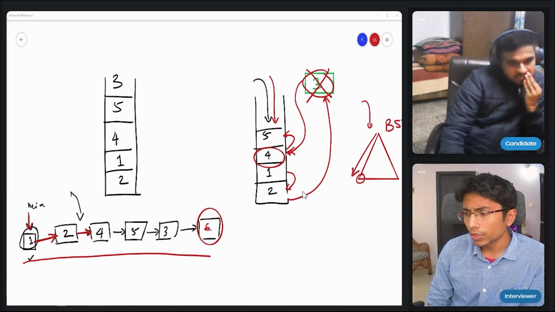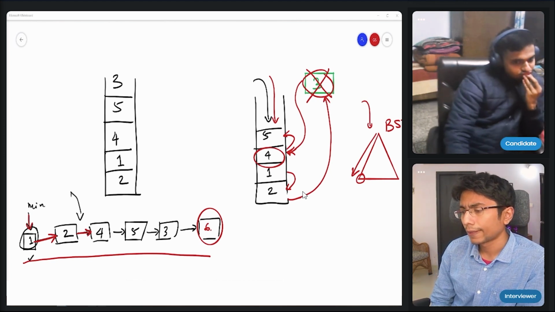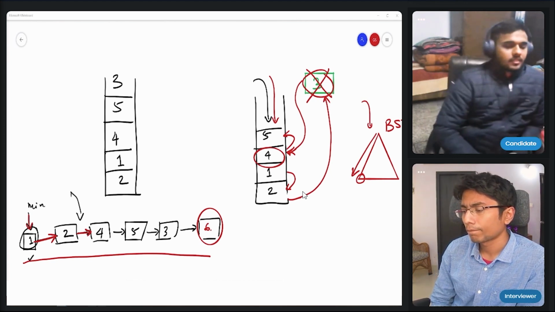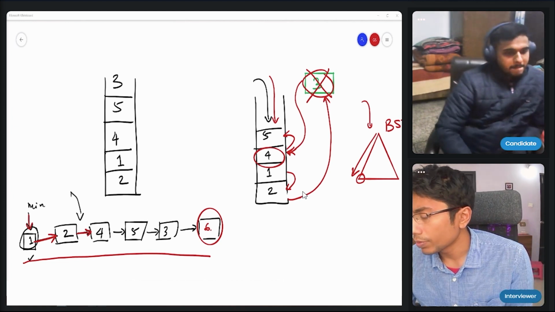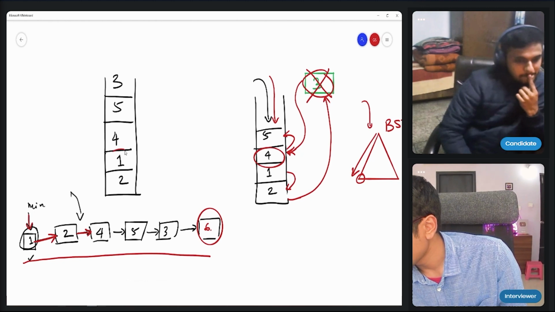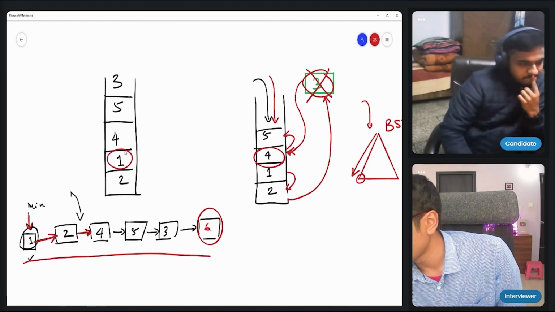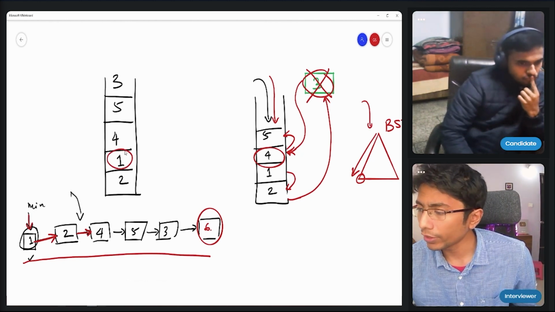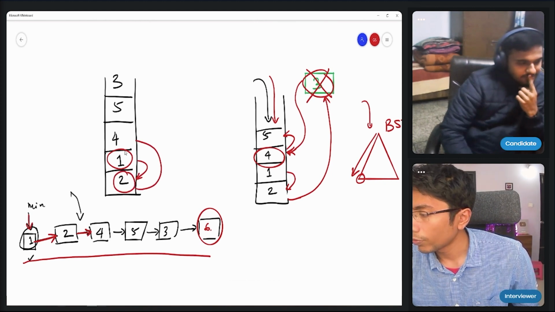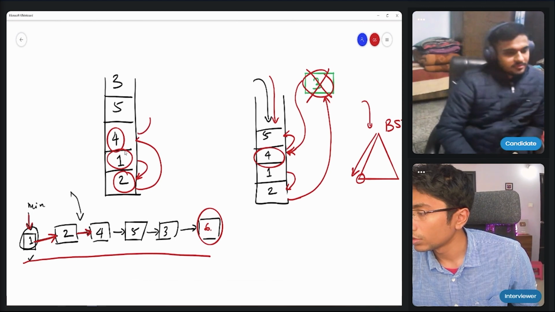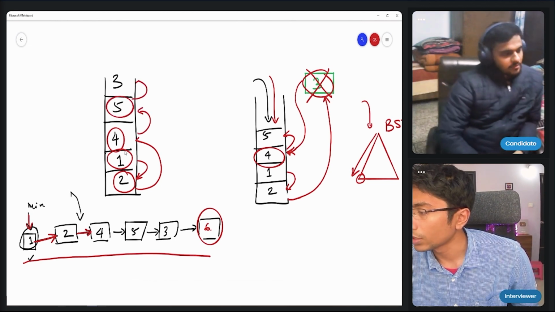You said no auxiliary space. One of the things is every element which is being inserted is an integer. If we have a pointer with it, then we are sorted, because 1 will be pointing to 2, 2 will be pointing to 4, 4 will be pointing to 5, and 5 will be pointing to 3.